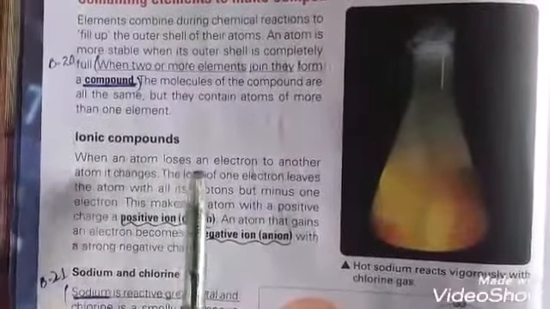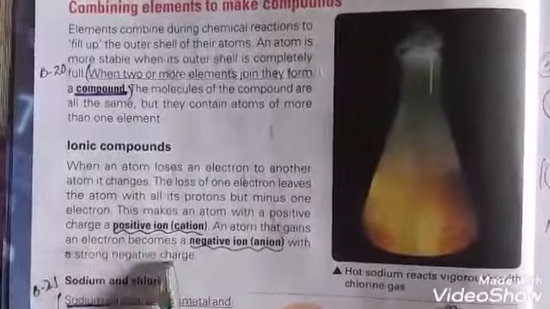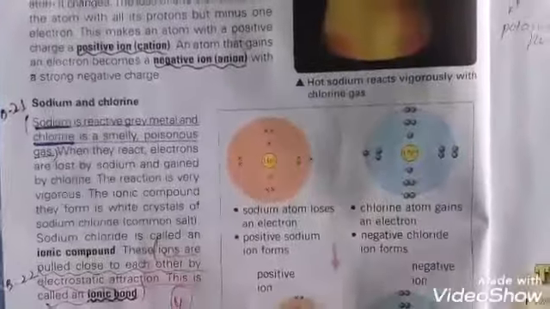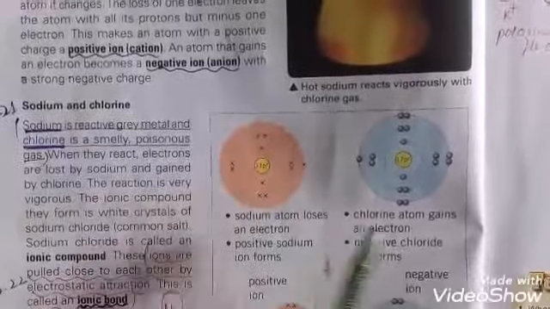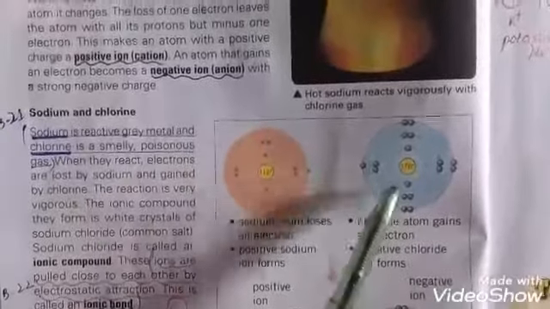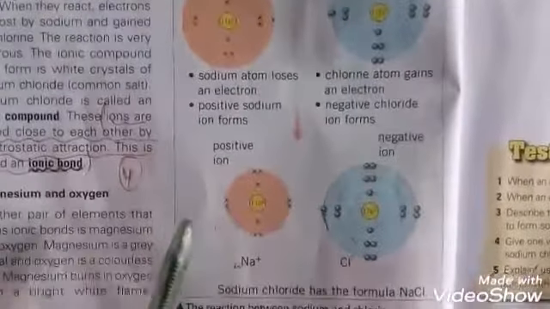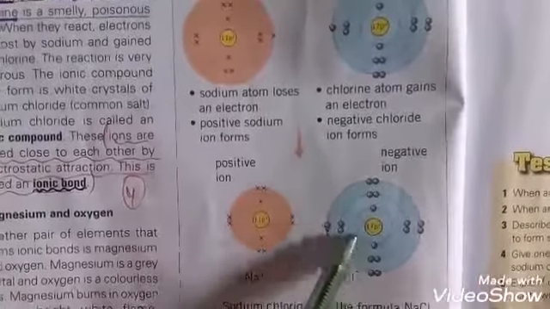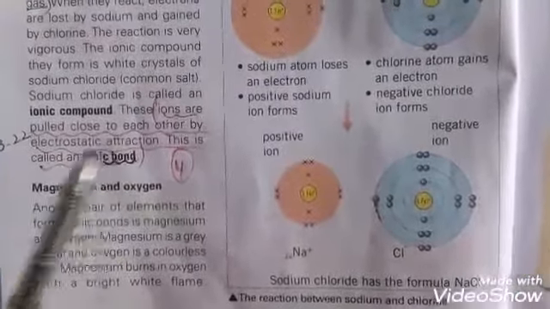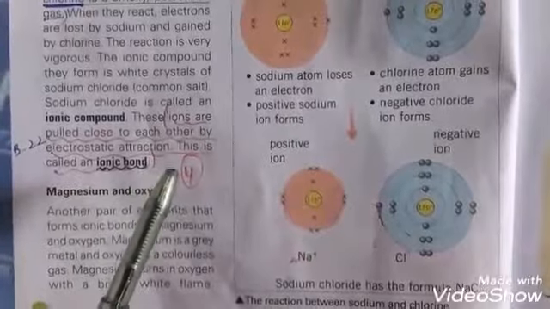When an atom loses an electron, it gains a positive charge, that is a cation, and when an atom gains an electron, it becomes a negative ion known as an anion. For example, in this figure you can see that sodium loses one electron and chlorine gains one electron, because sodium has one electron in the outer shell and chlorine has 7 electrons, so chlorine needs one more electron to fill up its shell. A new compound is formed: sodium gains a positive charge and chlorine gains a negative charge, forming sodium chloride. The formation of this bond is known as an ionic bond, because ions are pulled close to each other by electrostatic attraction.